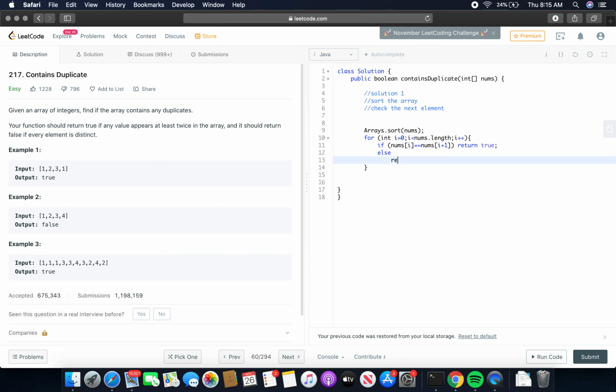Else, we make it clearer: if we are able to iterate over each element in the array and did not get any common occurrence, we can just return false. So I think this should work, and we can just submit.